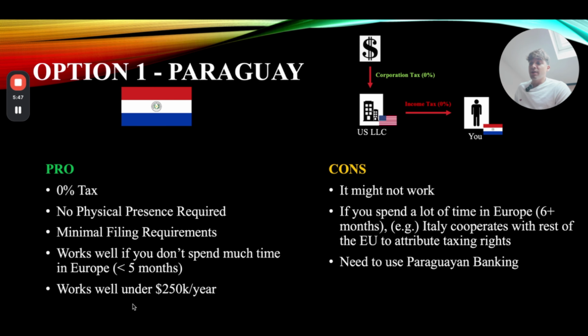Whereas it works well if you don't spend a lot of time in Europe. If you spend, say, 3 months in Thailand, 3 months in Brazil, 3 months in South Africa, and only like 3 months in Italy, or even split Italy, France, whatever, the cooperation is not automatic. So Italy only has those 3 months in Europe. And then if you successfully cut your ties from Italy, you don't really use an Italian bank anymore, you don't own anything and all this stuff, then this might actually work as an option. So these are the pros and the cons.